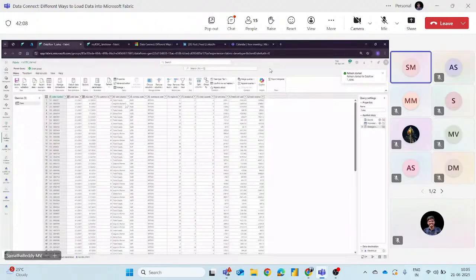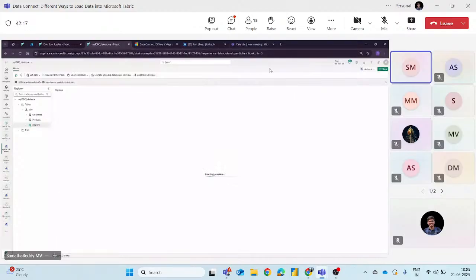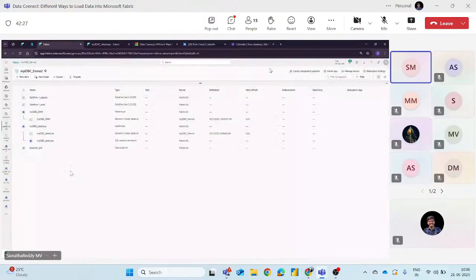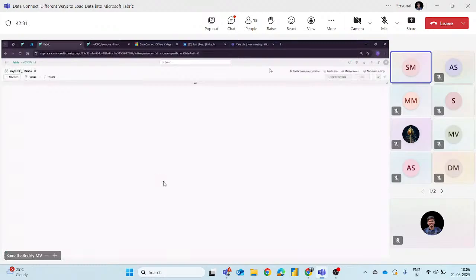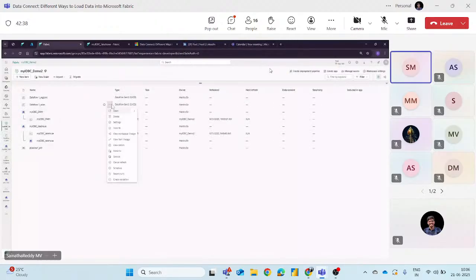You'll see, did it come to our lakehouse, or is there something we are missing? Can anyone guess? We just took a dataflow and loaded. So where did it go? We'll see. It is completed. Or else we can directly see any recent runs. Now it is still in refresh mode.